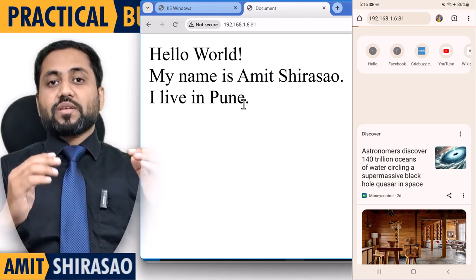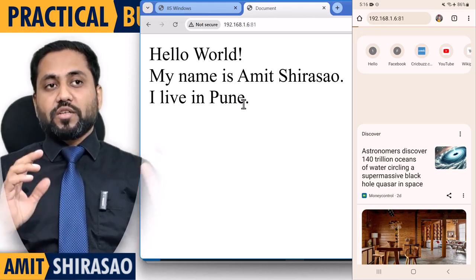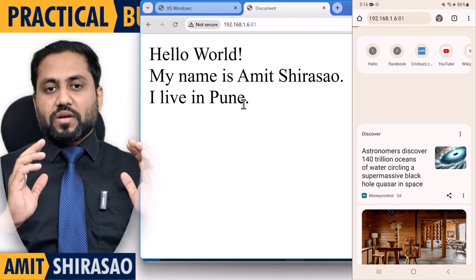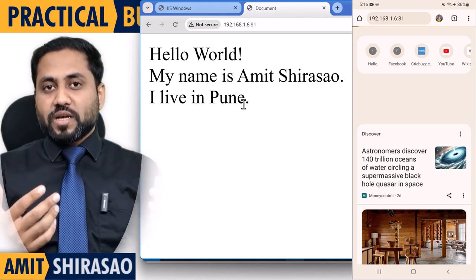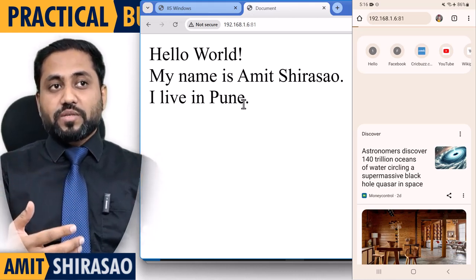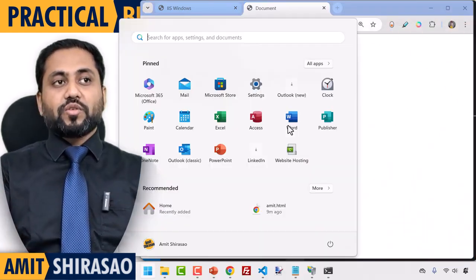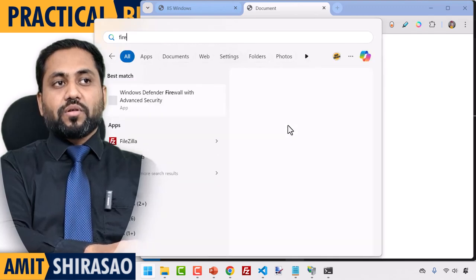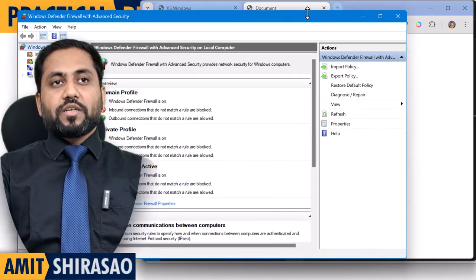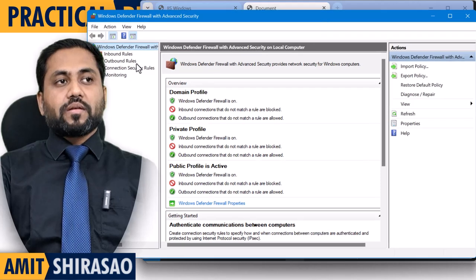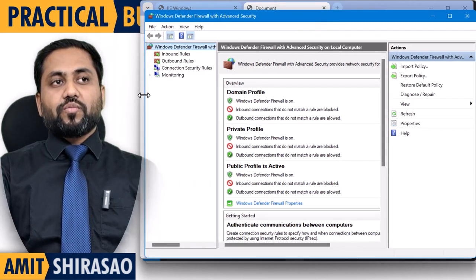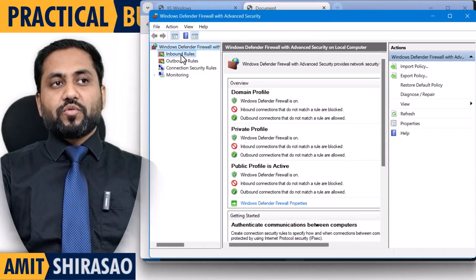Because as I told you, there is security on every port, right? Your firewall is guarding it. So I need to tell the firewall that please allow traffic on port number 81. So for that, you go to firewall. Here you have inbound and outbound rules. So you go to inbound rule, right click,